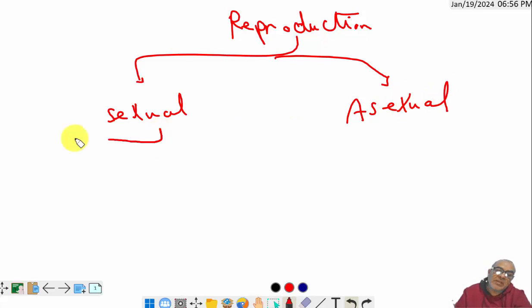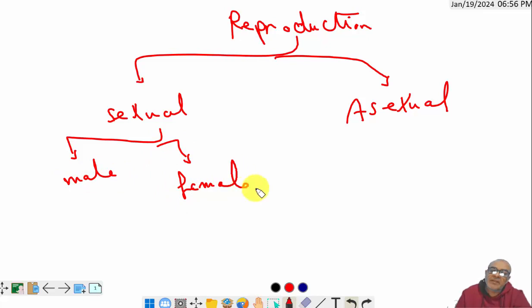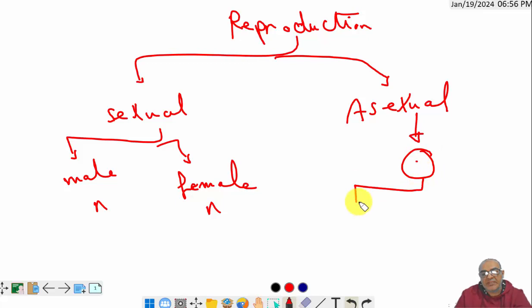In sexual reproduction, we need two parents, male and female. The male contains half of the hereditary substance, and the female contains the other half. While in asexual reproduction, we need a parent cell, which is divided by mitotic division, as we said, to give two identical cells